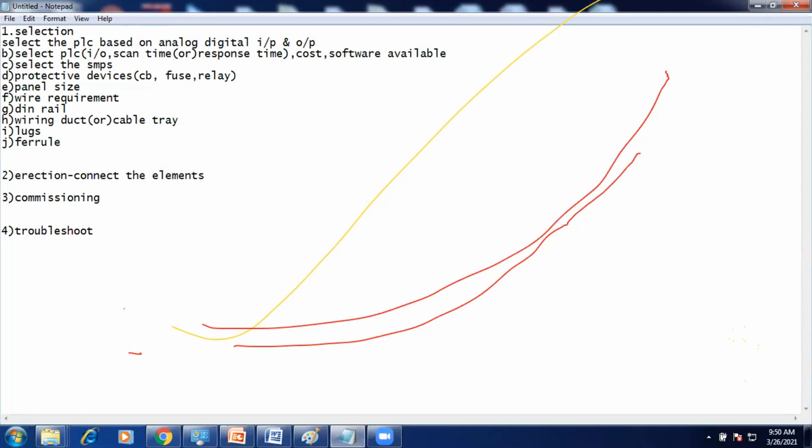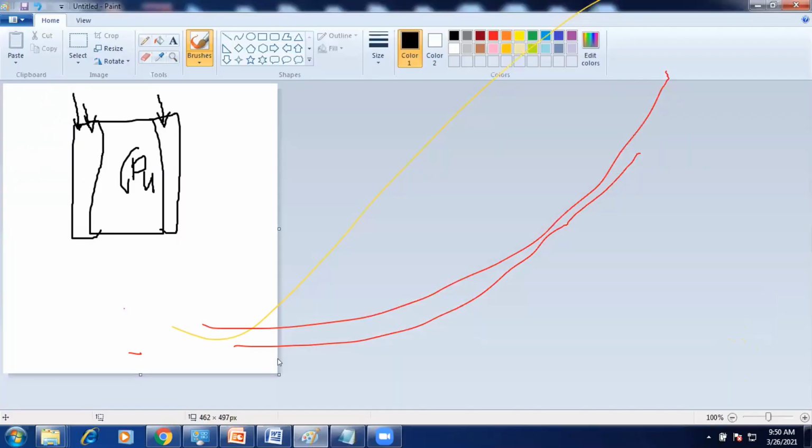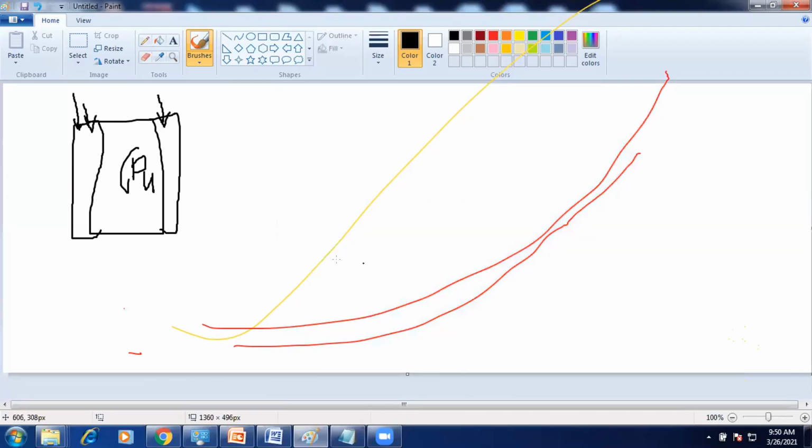So first option is power supply connection. Just consider this is my PLC.